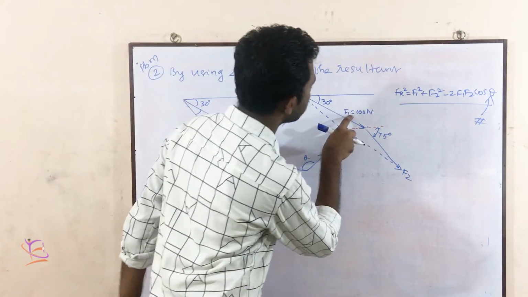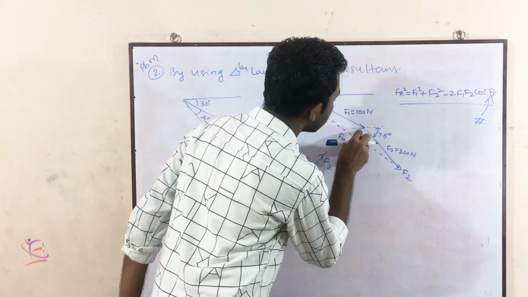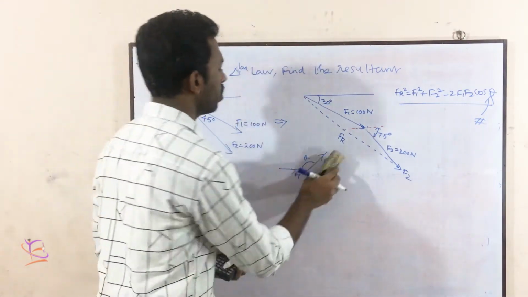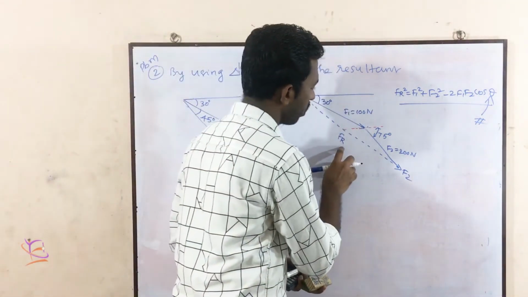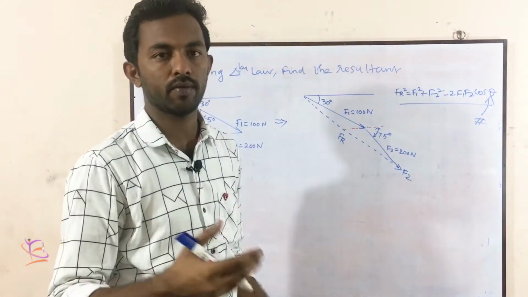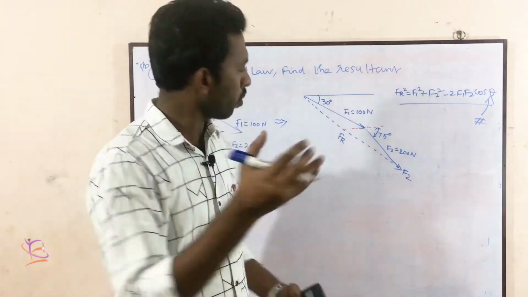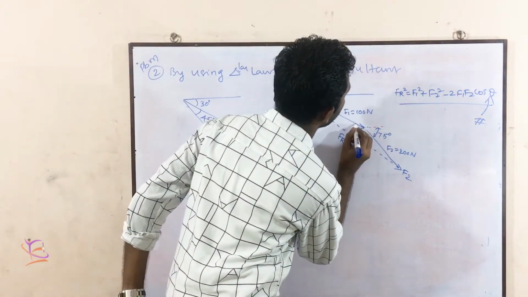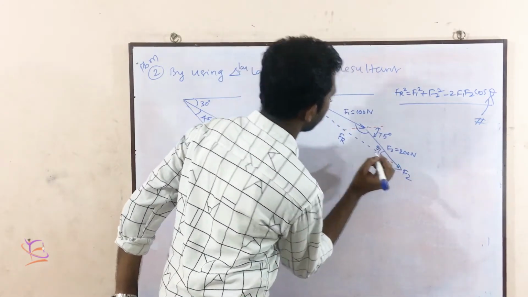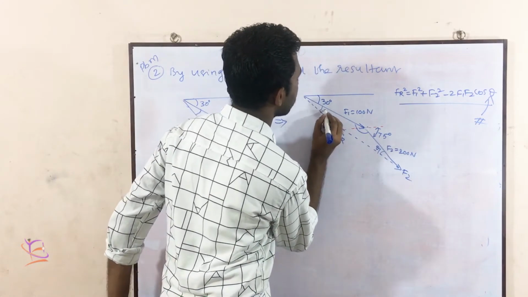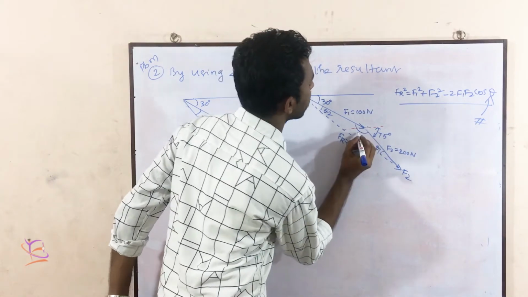So here F1 is there, F2 is here, F2 of 200 Newton. So this is the angle. Before that, in the diagram I have to note that after calculating Fr, we will proceed to Lami's theorem for calculating the theta value. F1 and F2 in between angle is taken as theta. Otherwise, F1 opposite angle is taken as theta 1, F2 opposite angle is taken as theta 2, and for F3, or Fr, this is taken as theta 3.